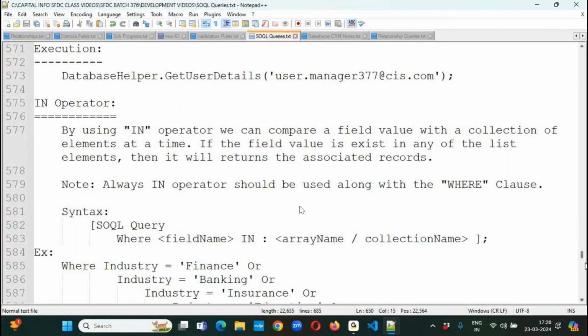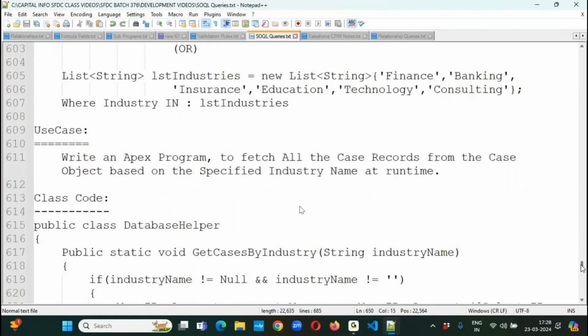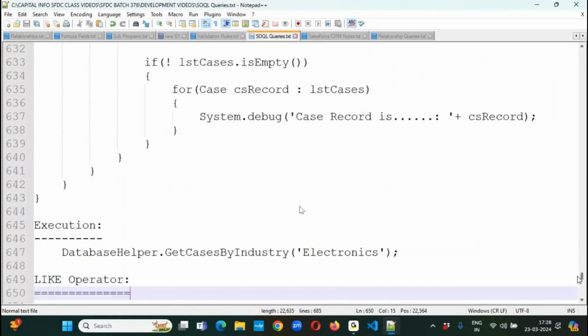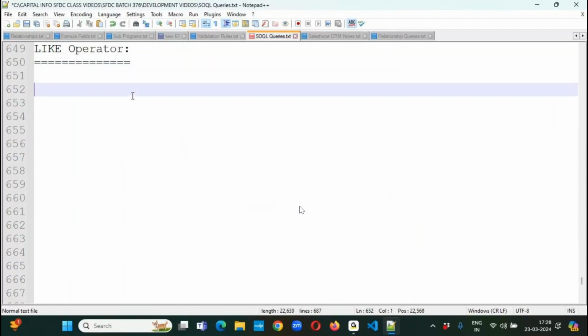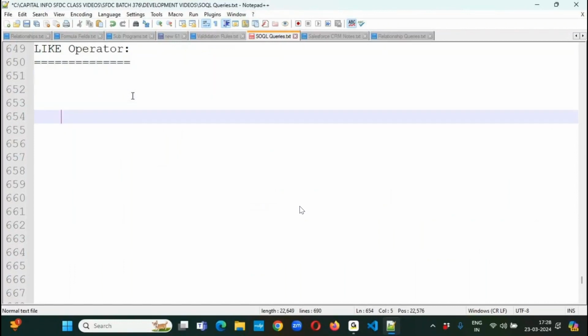And today we are going to discuss one more important operator, that is called the LIKE operator. Because in real time, in so many places we are using the IN operator and the LIKE operator. Almost 80% of the cases we are using IN and the LIKE operator. Using LIMIT clause and OFFSET clauses,